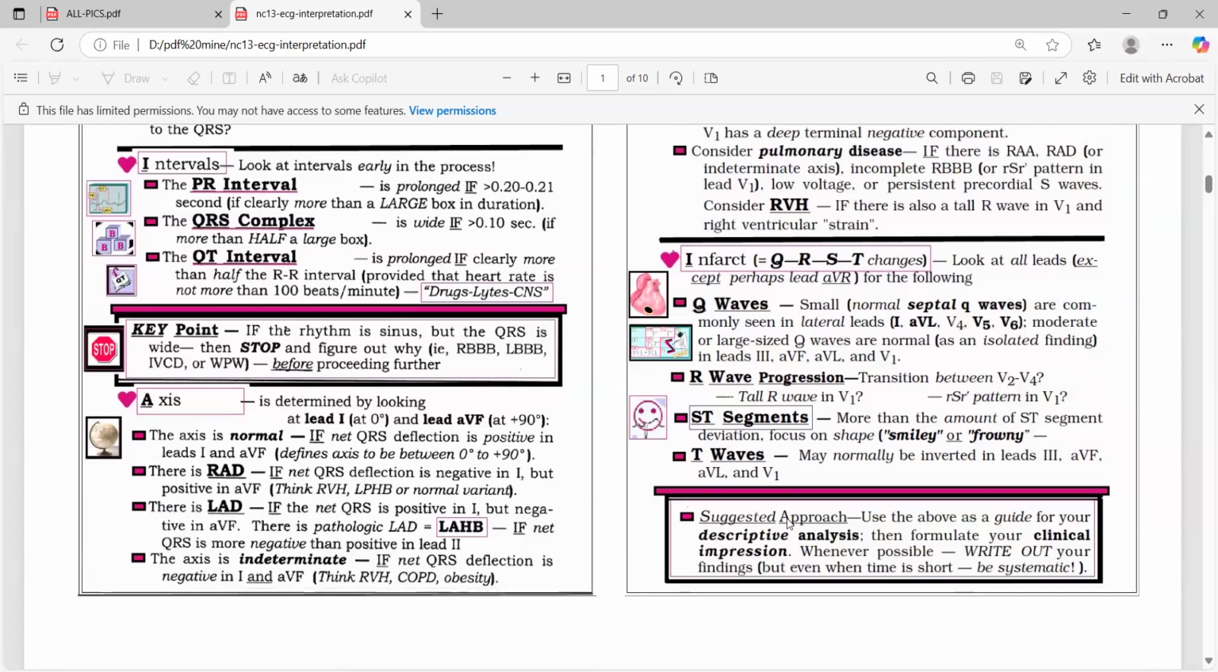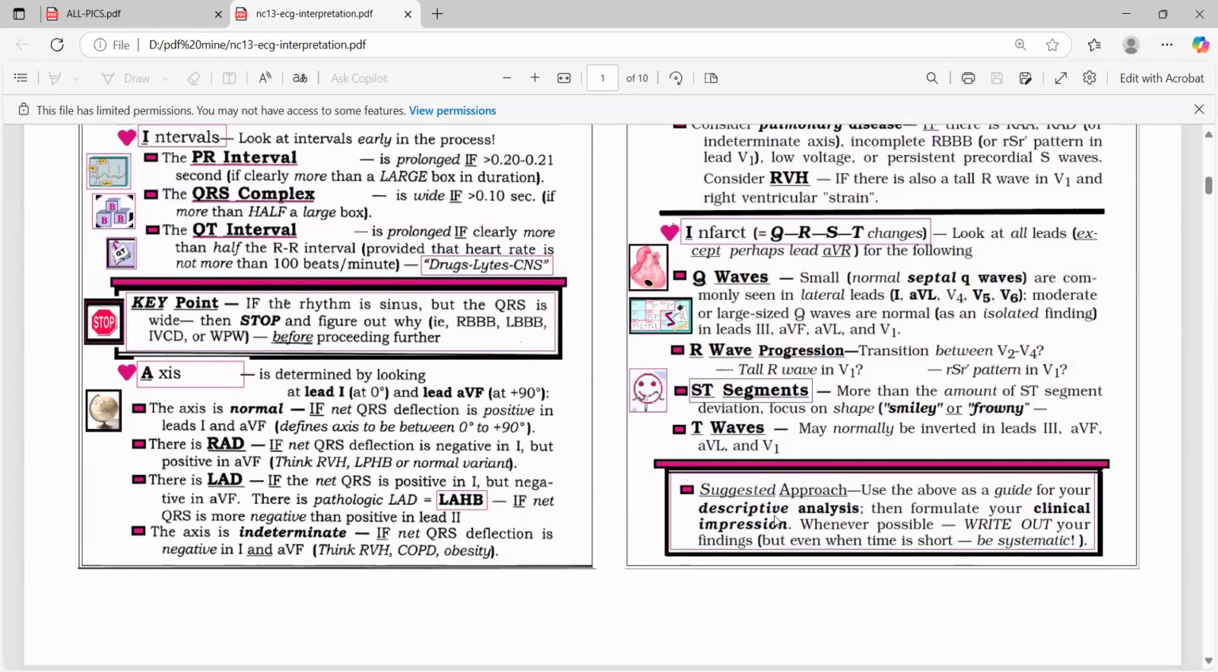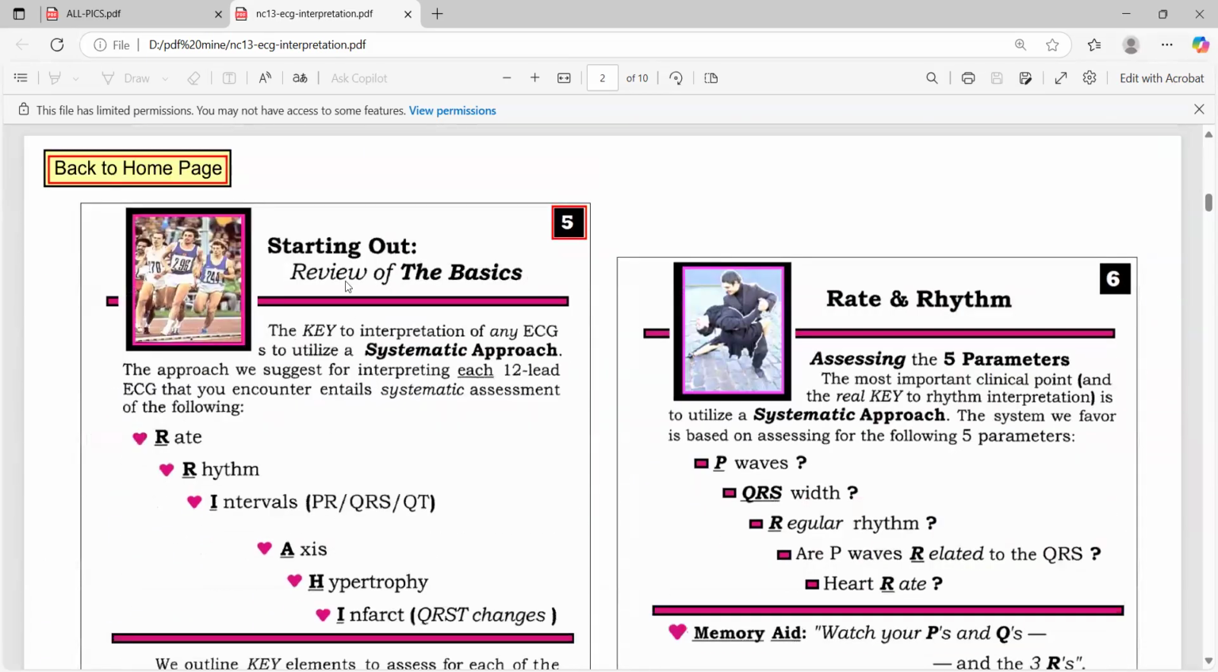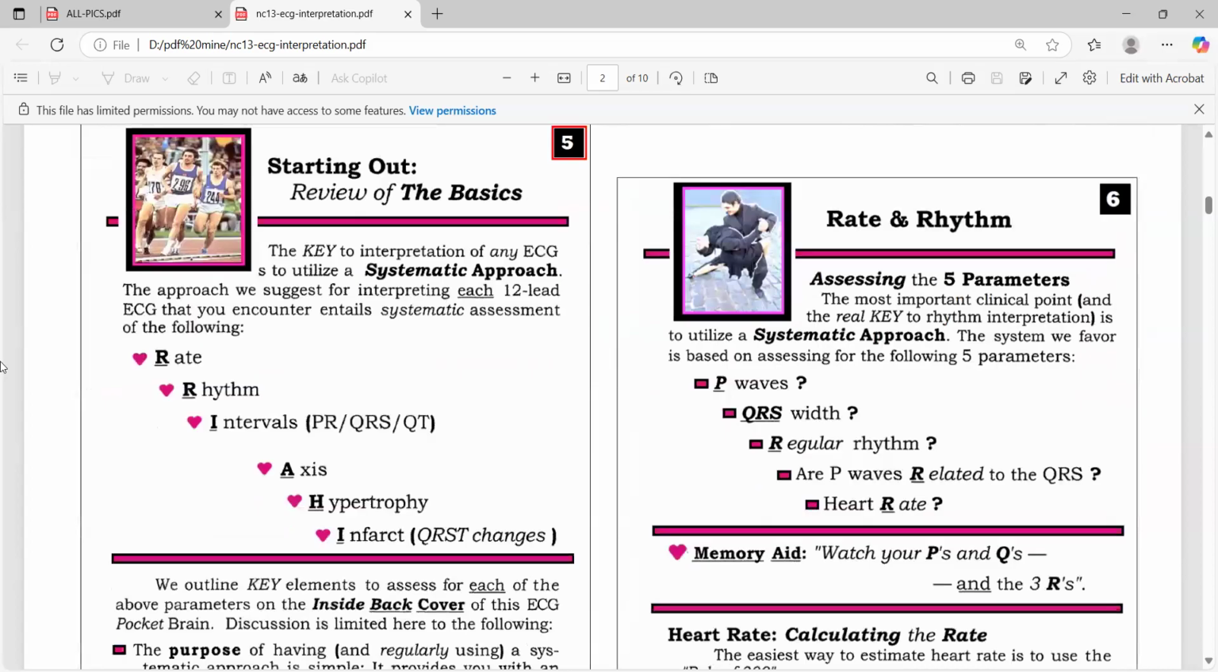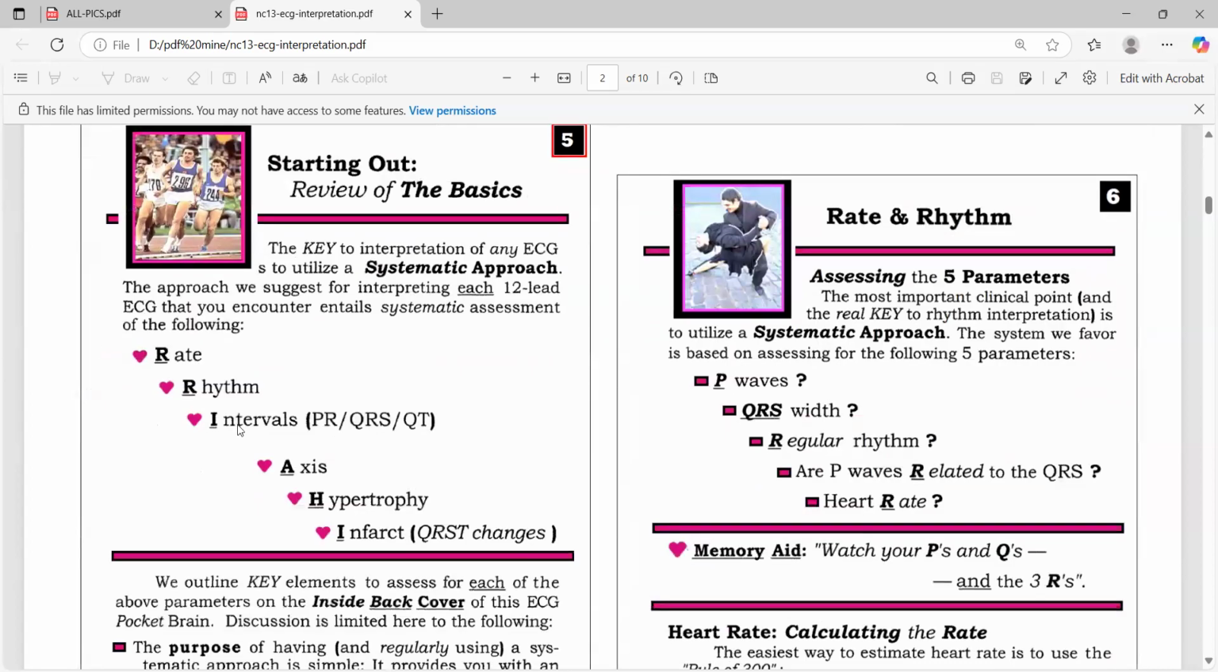So I hope you have an idea about how PQRS or normal looks like. If you know normal, then you will be able to see which one is abnormal and which lead to see for which kind of disease. Simple. Then, starting out the review of the basics, we are going to start with the rate, rhythm, interval,